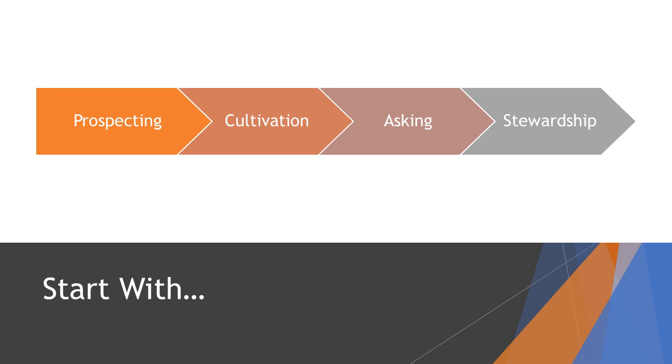The question is, what one system or group of systems should you start with as you work to systemize your fundraising program? If you're going to systemize something, what should you start with? Well, generally, the most powerful systems, the ones with the power to quickly transform your organization, are the systems relating to the 4 core segments of the donor life cycle. So for that reason, I recommend that the first 4 systems you create at your nonprofit are a prospecting system, a cultivation system, an ask system, and a stewardship system.